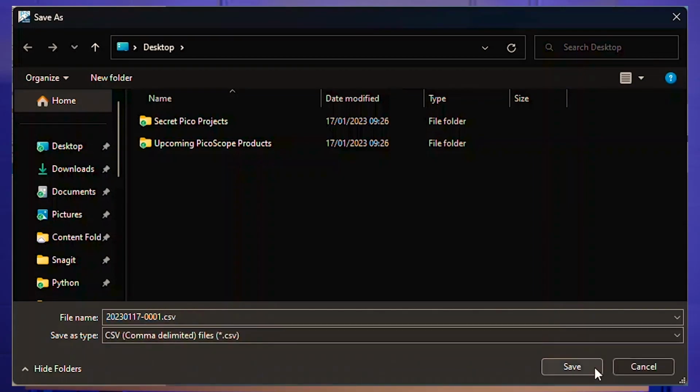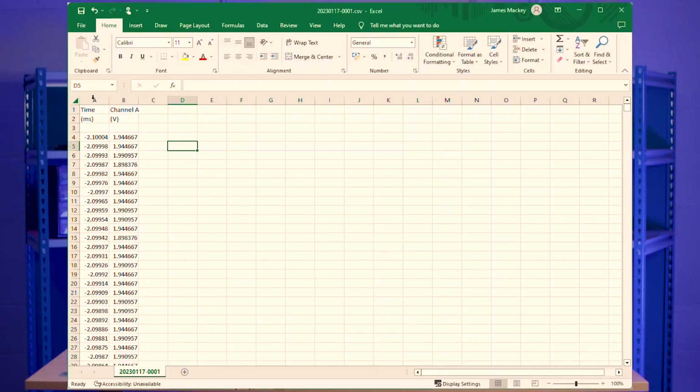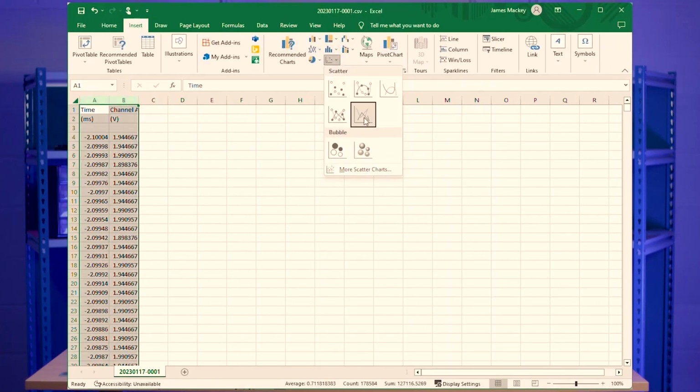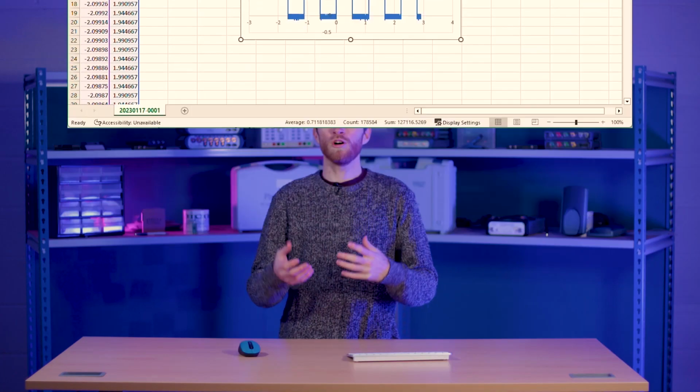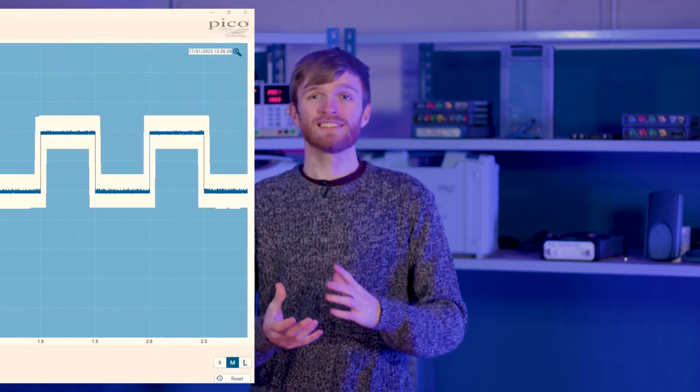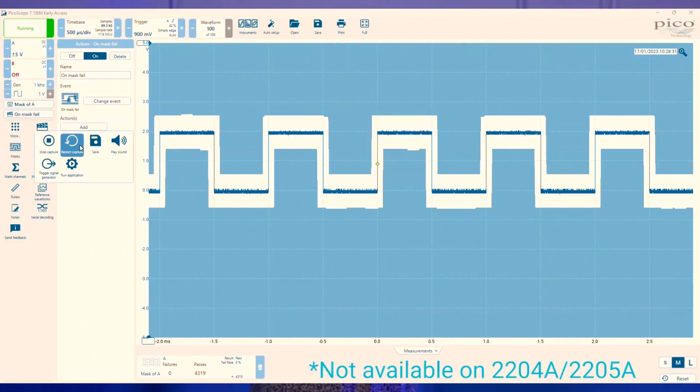You could also take the CSV and then run a scripted application in Python, MATLAB or C to take that data and then process it into a visual representation to verify the data or automatically post the data online. You could use the trigger signal generator action, where on a mask failure you could send a voltage signal to a device to tell it to stop performing a certain test or activate a different test. By using a mixture of these actions, you can create all sorts of different sequences when a mask fails or